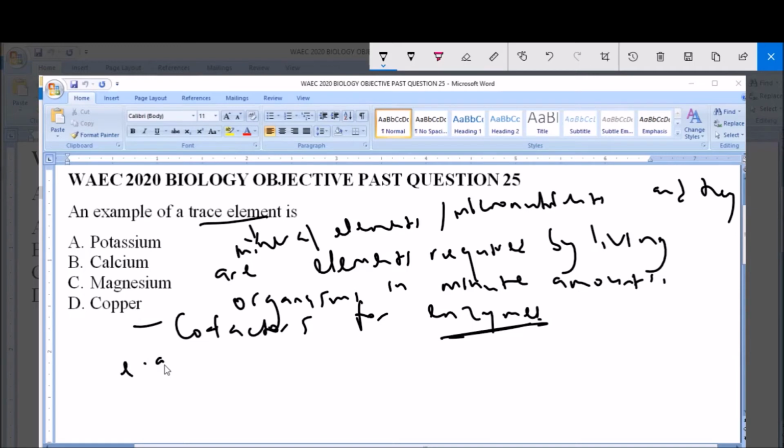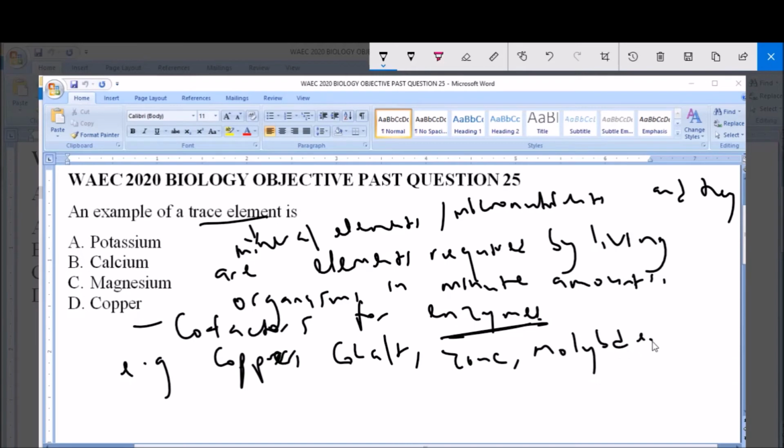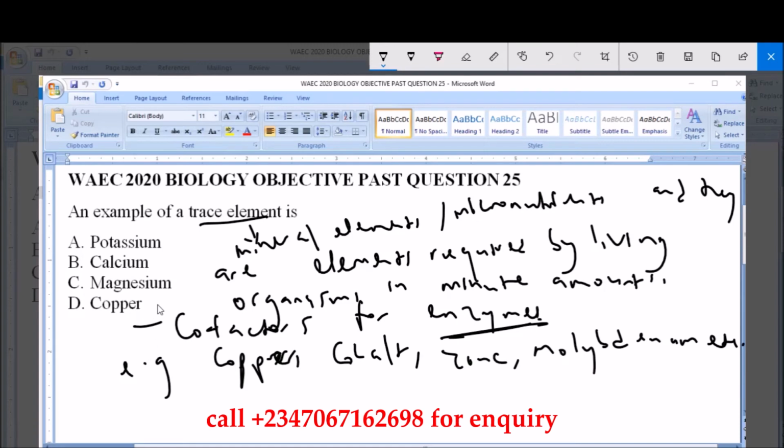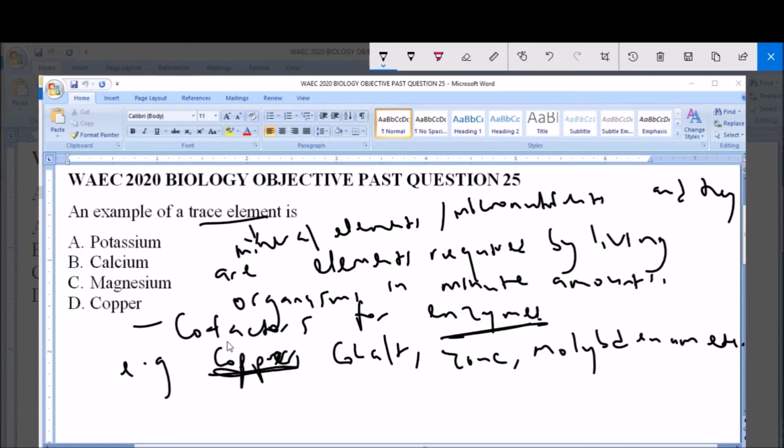Now, examples of trace elements include copper, cobalt, zinc, molybdenum, etc. So among the options, we have mentioned copper. So copper is one of the popularly known trace elements. So copper is option D. Option D, copper is an example of a trace